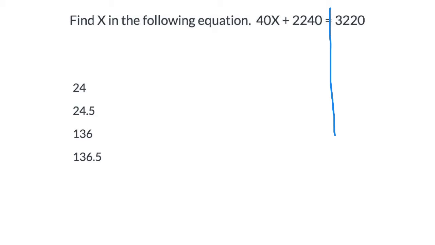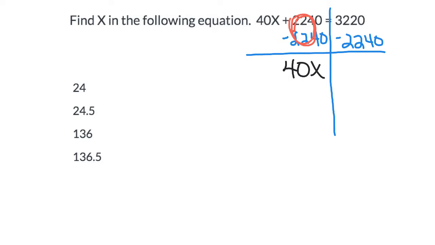The plus 2,240 was the last thing to take place, so we are going to undo that by using inverse operations. So we're going to subtract the 2,240, but we're going to do that on both sides of the equation because we need to stay equal. A positive 2,240 and a negative 2,240 is my 0. That leaves me with